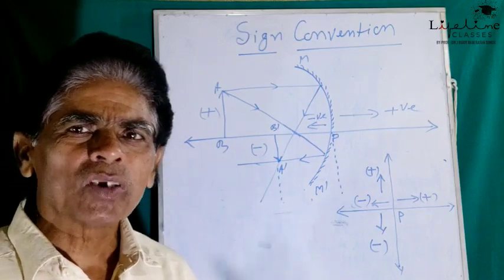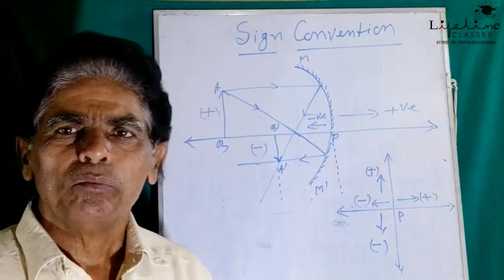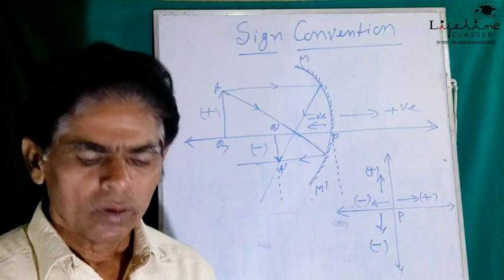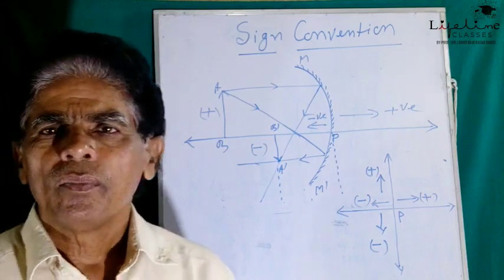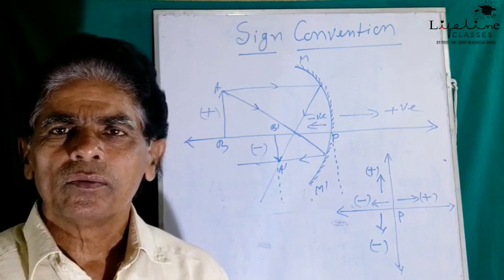The object must be placed left of the mirror on the principal axis. Now, the second point is this: